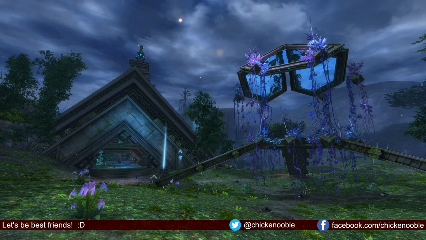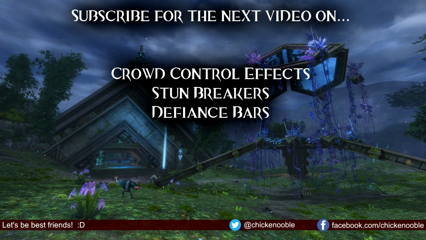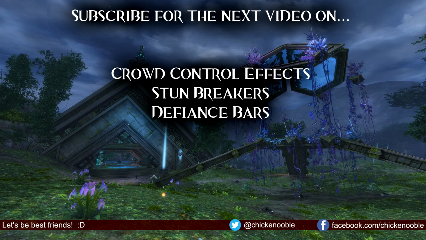In the next video, we'll be looking at some of these conditions again, and we'll discuss crowd controls and interrupts, and we'll also look how we can nullify the effect of some conditions with stun breaks. We'll also be looking at an important mechanic called the Defiance Bar, and how many of your conditions can break the Defiance Bar, a super important mechanic that you need to understand for dungeons, open world legendary and champion battles,